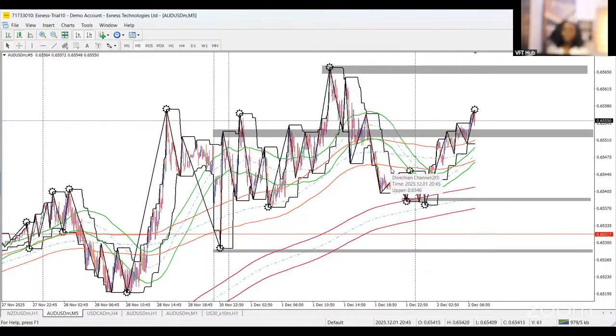Okay, so AUD/USD M5 time frame, everything is pointing upward on this particular time frame. So price has broken above. We're going to see a retest. If this retest holds, either here, or you could trade all the way into